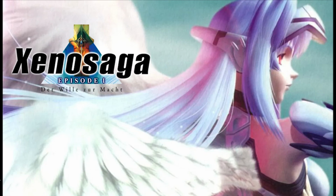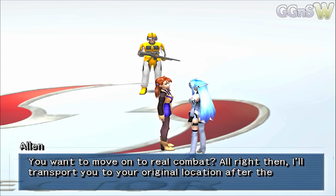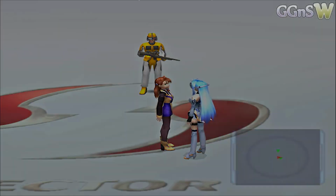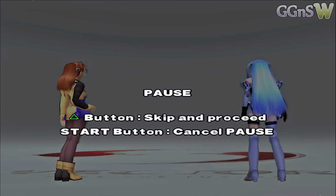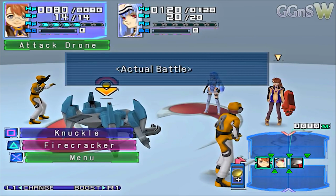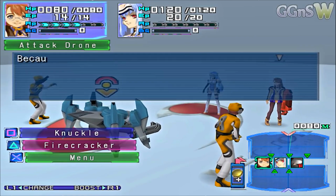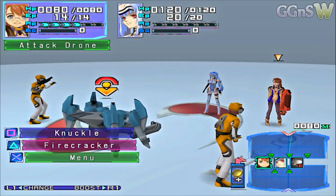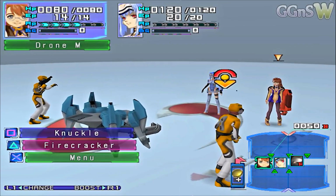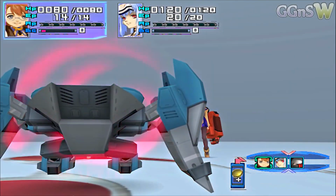Xenosaga Episode One. Xenosaga Episode One is an RPG developed by Monolith Soft and published by Namco. It was released in 2002 in Japan and North America and is the first installment in the Xenosaga series. Xenosaga Episode One is a classic JRPG with a heavy emphasis on storytelling and character development. Players control Shion Uzuki, a scientist, and other party members as they navigate through a sci-fi world filled with mysteries